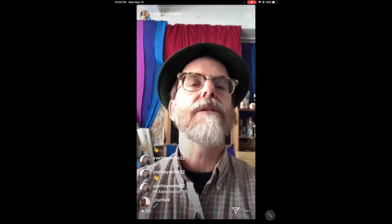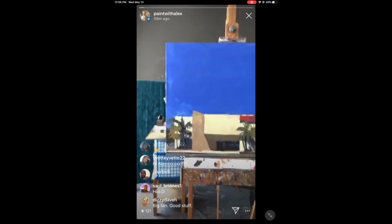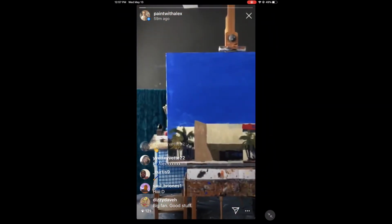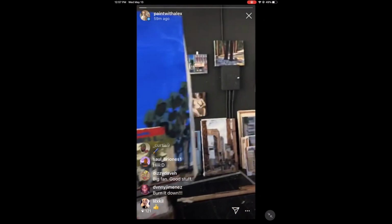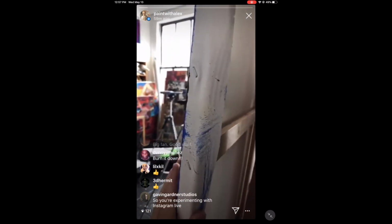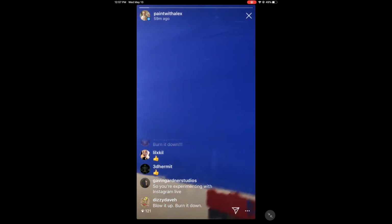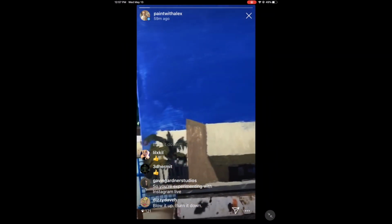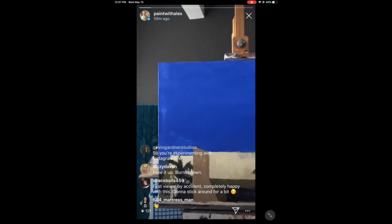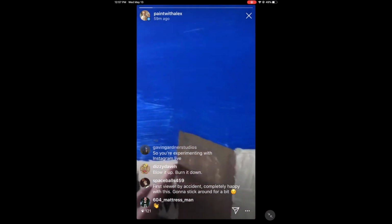I'm going to work on this painting just a little bit. Let's flip it this way. So I started that yesterday. It was a blank canvas, and now it's this. I stretched it all. My local art store is not open, so I have been kind of ransacking some old pieces, and I wanted to do this pretty big Bank of America here. And so I started off with a layer of acrylic,